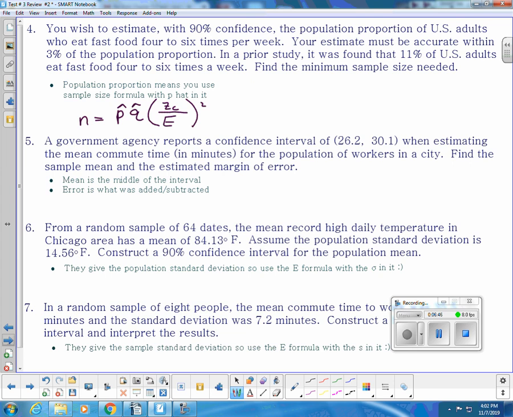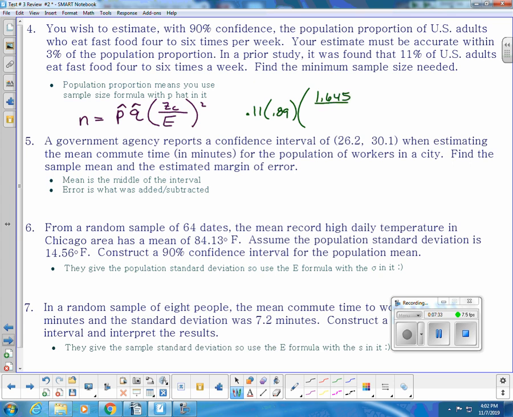So our p-hat, sometimes they don't give you one. If they say there's no prior knowledge found, you're going to use 0.5 for both p-hat and q-hat. But they did tell you in a prior study, it was found that 11% of U.S. adults. So that's the p-hat. If p-hat is 0.11, or 11%, q-hat is the complement of that, so that would be 89%, or 0.89, times our confidence level. They're giving it 90% confidence. Remember, those are on your Z chart down below. So at 90% confidence level, it is 1.645